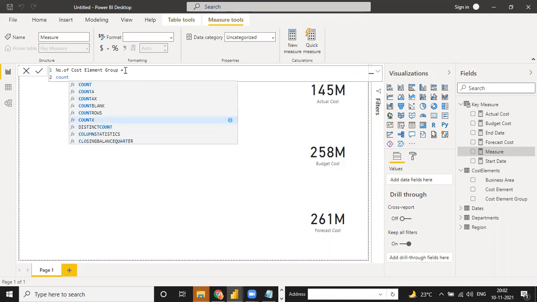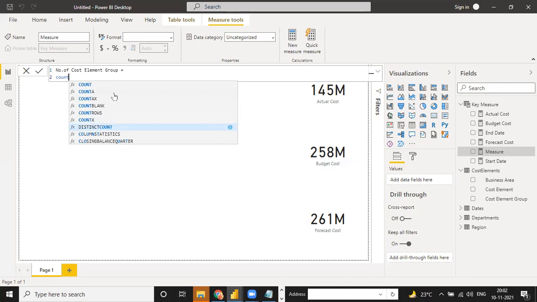Because the count function you can use only via a dim table if you want an actual count. And count rows, this function is also valid as a count, because count and count rows do not have any difference. Both functions are the same. If you make any calculation with the count rows function, it will be the same. Nothing is different. But distinct count is different. Distinct count means you have only the unique values of the column. So I need the unique values of the column. But if I need the unique values of the column from a dim table, then it's also the same. If I want count rows, then it is also the same.